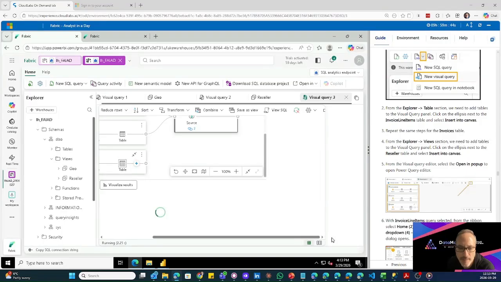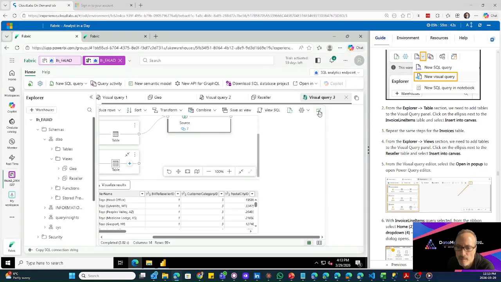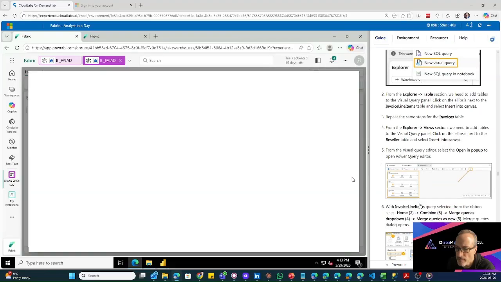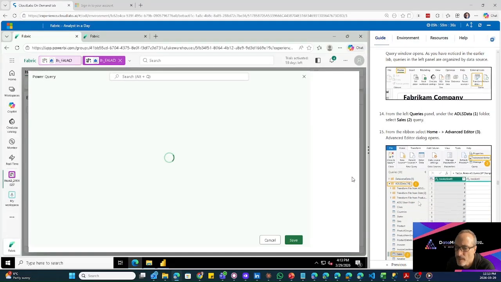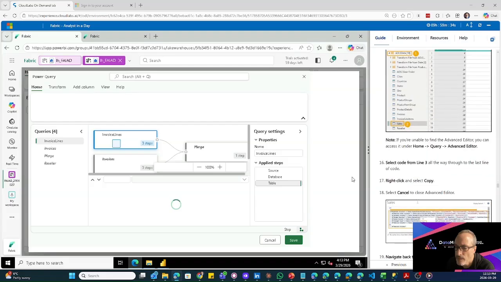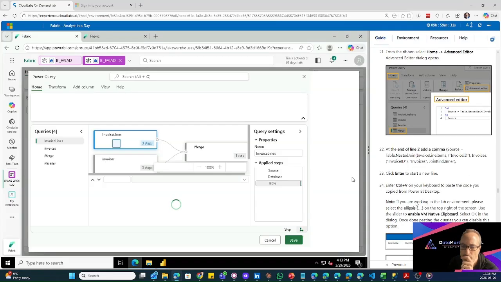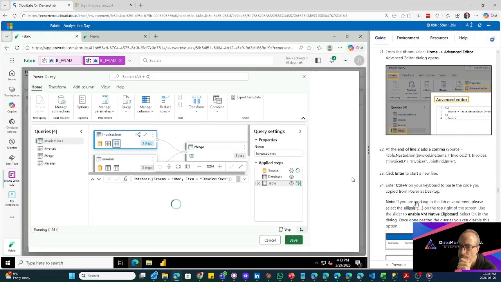So if we expand, once this is solved, we go to the expansion. Now we see them all. So we did all these, we copied the steps from Power Query. Now on the merge,